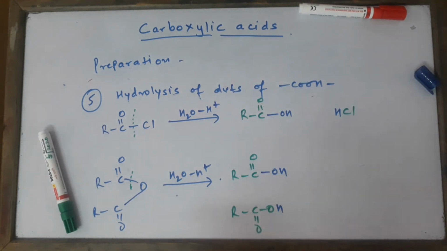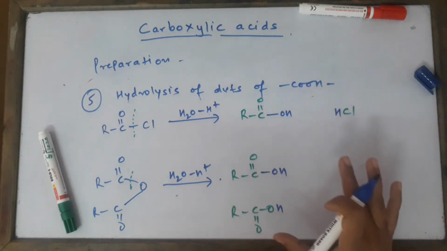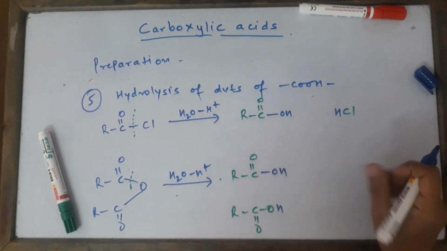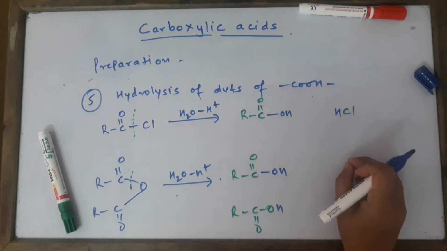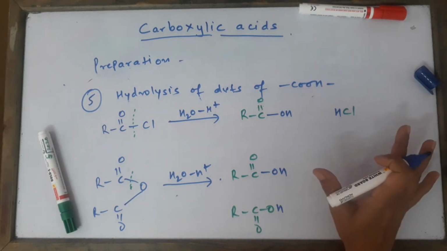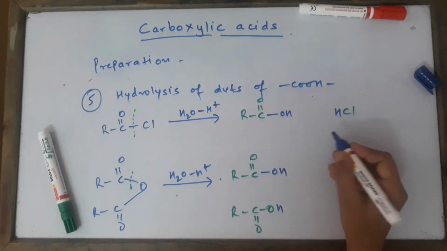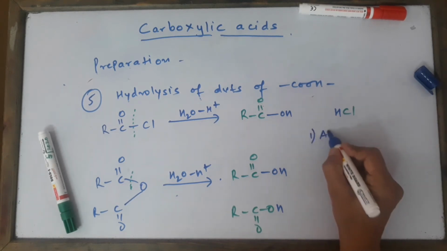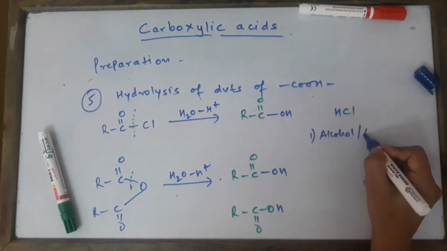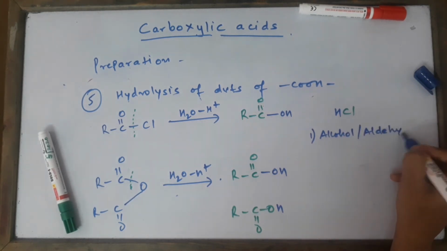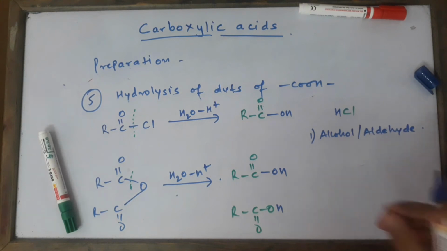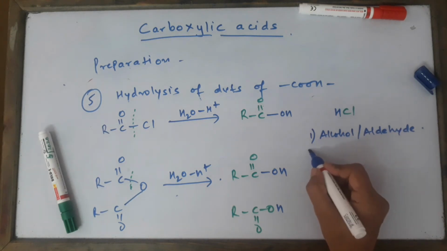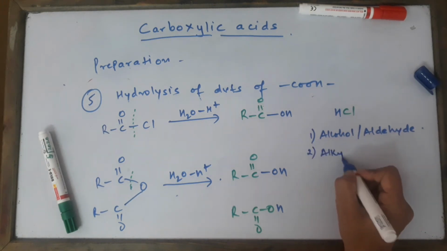So this was the fantastic method, superb method, and I am sure you have understood this. Carboxylic acid preparation is the easiest method in the entire syllabus. So from where all we have got the carboxylic acids, let's recapitulate once again. We did it from alcohols. We can oxidize alcohols, we can oxidize aldehydes also. And what reagent did we use? Alkaline KMnO4 or Jones reagent or potassium permanganate with H2SO4. I'll be preferring potassium permanganate with H2SO4 because it gives me directly the product.